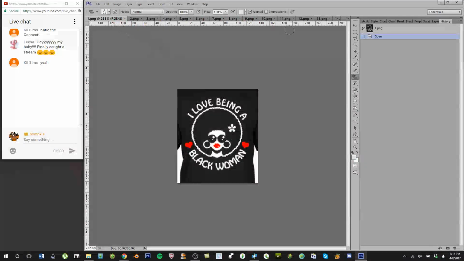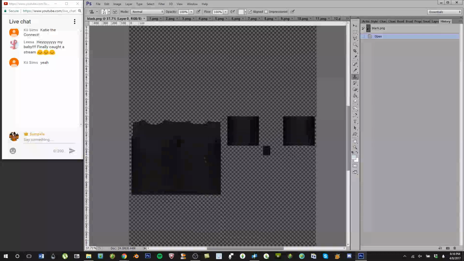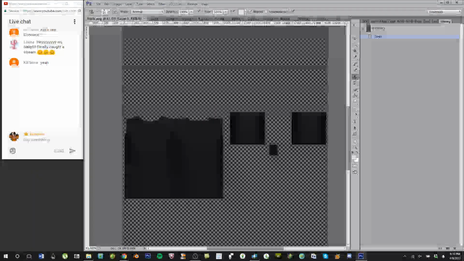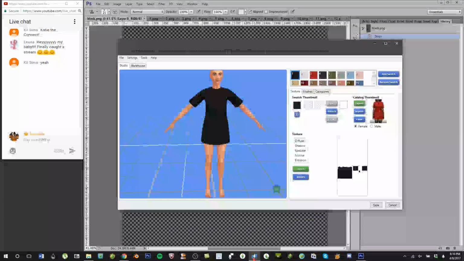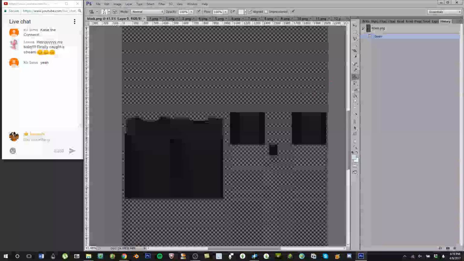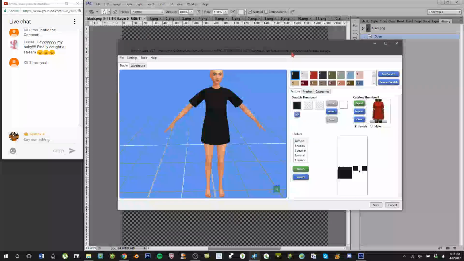But what I'm going to do is take this stencil of an image and put it onto the texture of the shirt. Sympxls. Is that how you say their name? I don't even know. Sympxls. I don't know. That's not even how you say it. Sympxls,